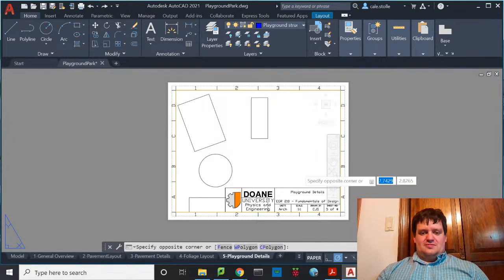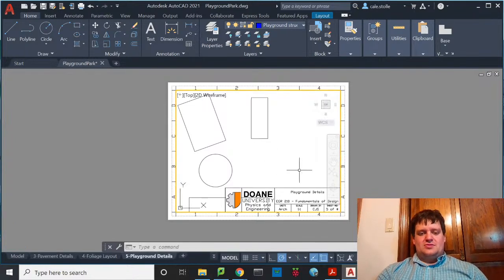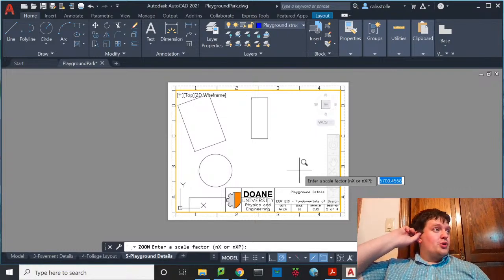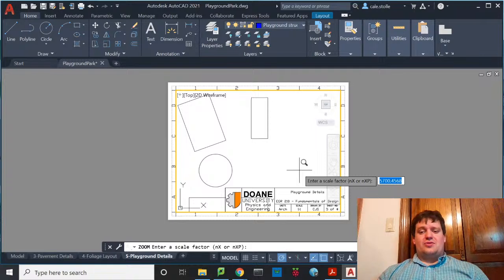I'll click on here, hit zoom, scale, and now we've been using the 0.008333 because that's a 1 to 1200 scale. We don't want a 1 to 1200 scale. We might want a 1 to 400 scale, which is about a 1 inch is equal to 33 feet. We could do 1 inch equals 40 feet, which is a 1 to